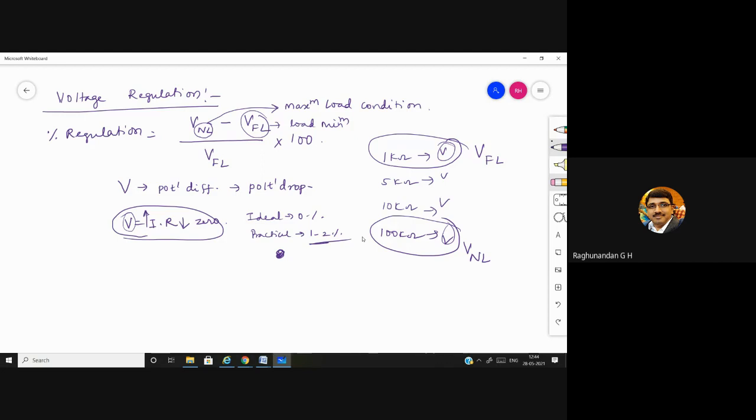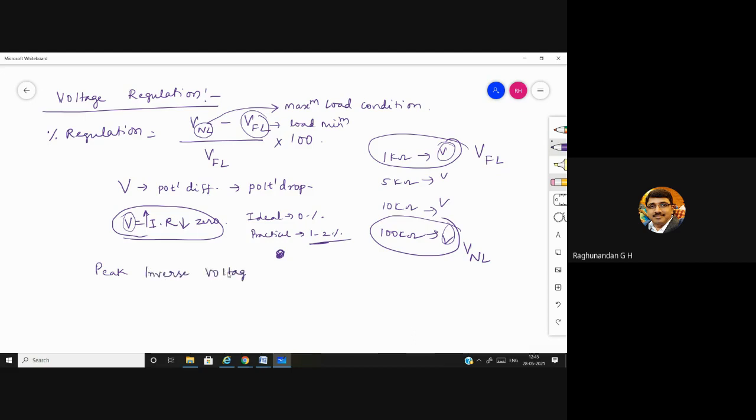After that, we have form factor, transformer utilization factor, all those things. That is not there in your syllabus. Those are from my book, so I have given these extra things, form factor and transformer utilization factor, but that is not in your syllabus. You can just ignore those two. No need to study.